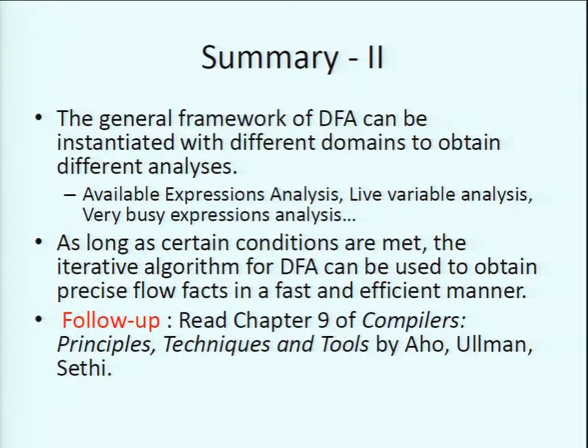All of this content has been taken from chapter 9 of the book on compilers by Aho, Ullman, and Sethi, and this is the standard reference book for compilers. Again, this is just an introduction to data flow analysis. You can see the examples of all this analysis in the book, as well as more optimizations, and detailed proofs are also present in this chapter. You can read this chapter without any prior knowledge of compilers, because this is pretty much a standalone chapter. Okay, that's it. Any questions?